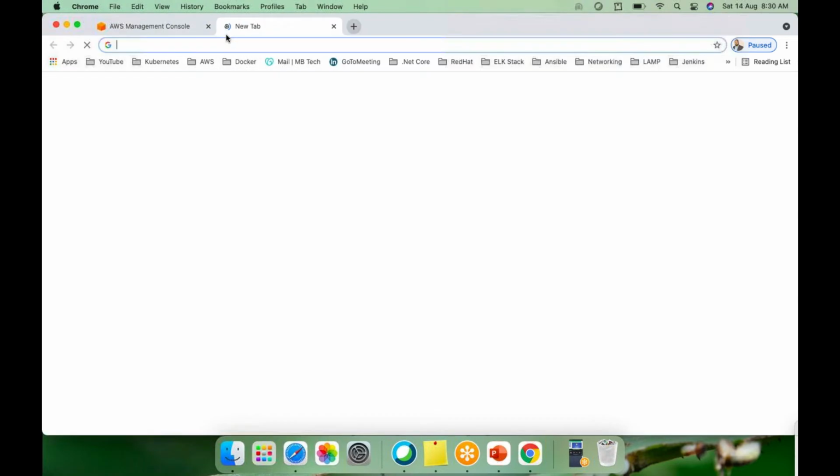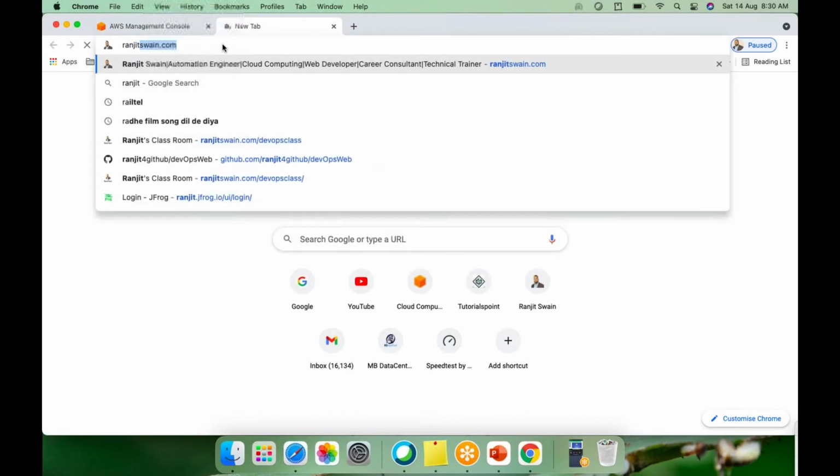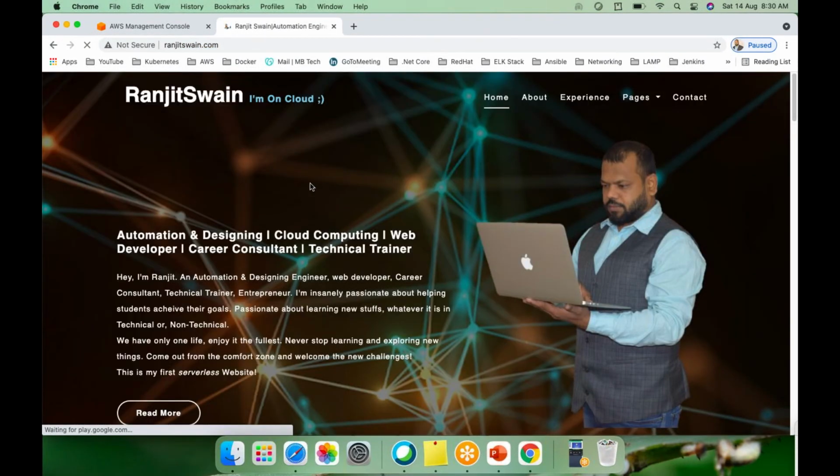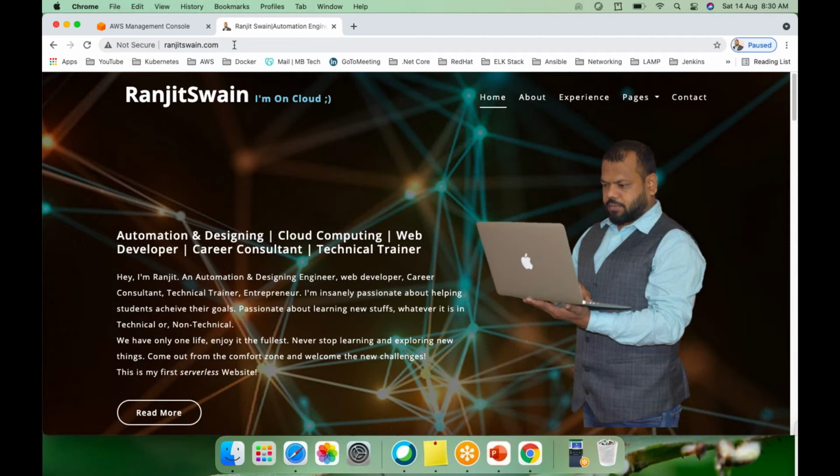Simple example, suppose I'm using ranjitswine.com, this is my website. Whenever I hit this, this host name will be mapped to an IP address. If I set up multiple IP addresses with this host name and one of the IP addresses is down, meaning one of the servers is down, it will automatically redirect to the available IP addresses.